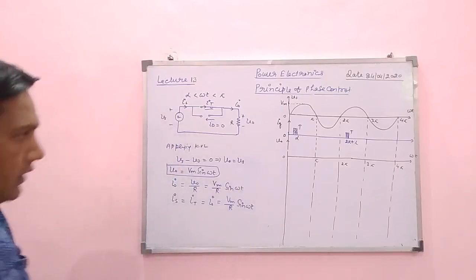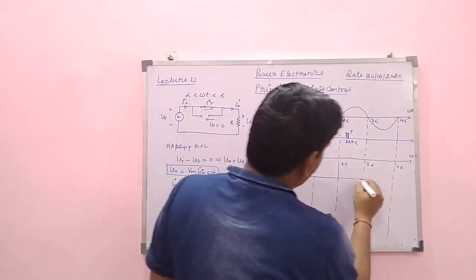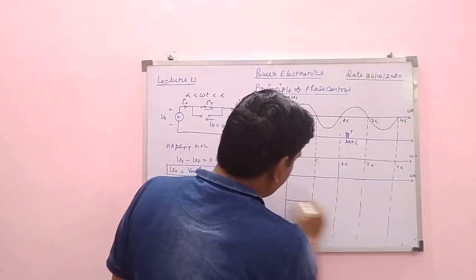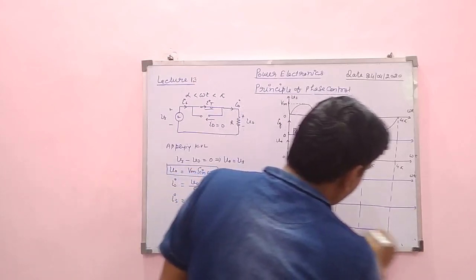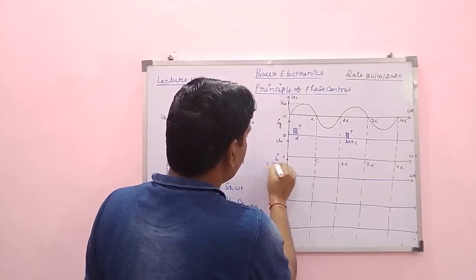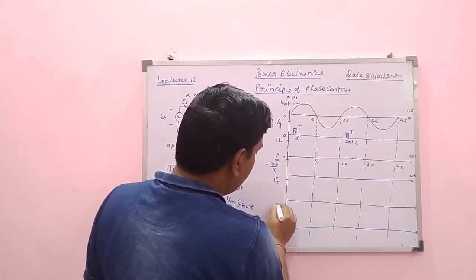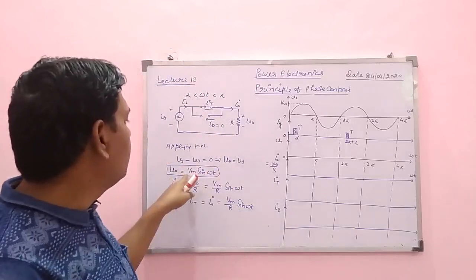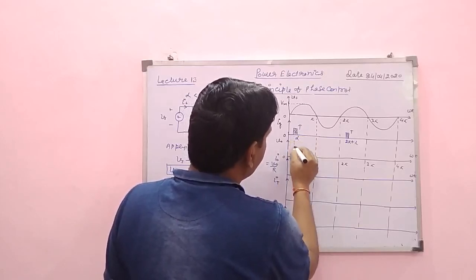Okay. So let's draw these parameters one by one. This is the output current, suppose. This is output current, this is omega t, and this is thyristor current. This is thyristor current, and this is diode current. So this is I naught is equal to V naught divided by R. This is thyristor current IT, and this is the diode current ID. So you can see here the output voltage V naught is equal to Vm sin omega t from alpha, when it is triggered at alpha.